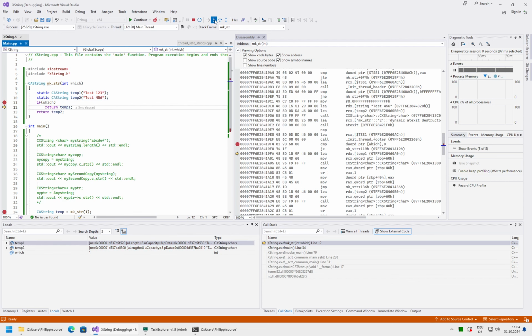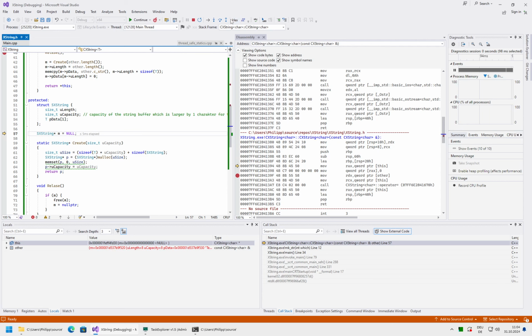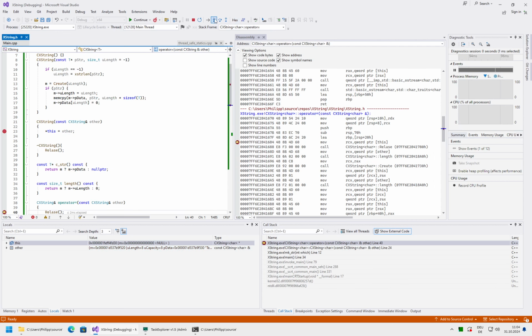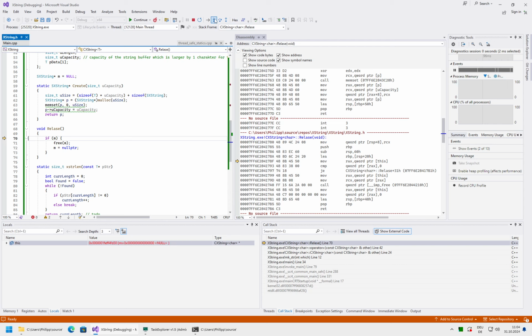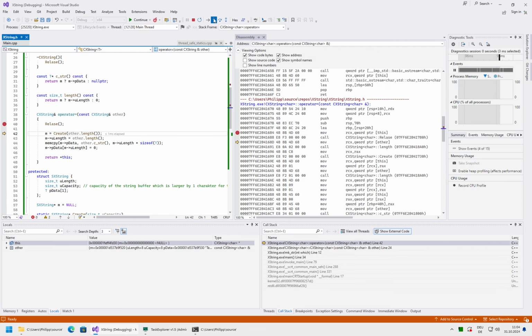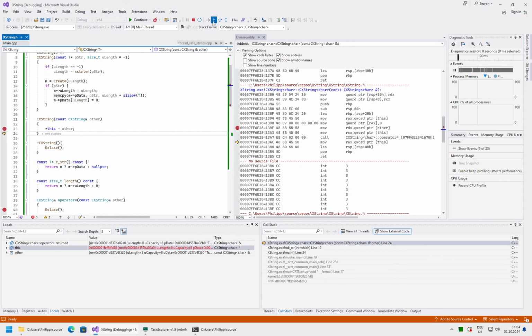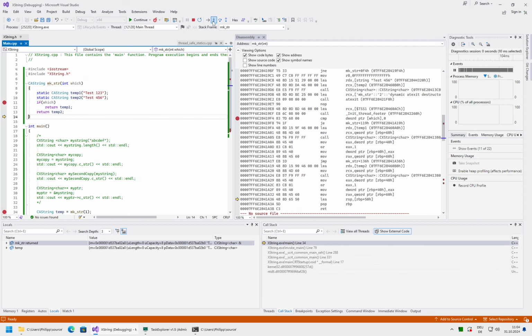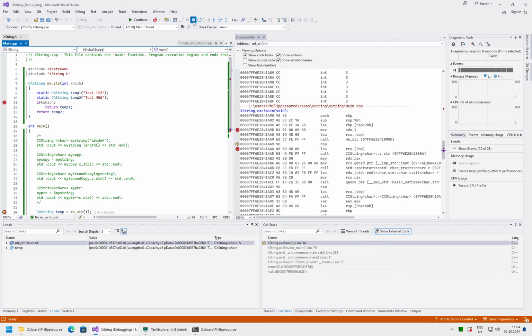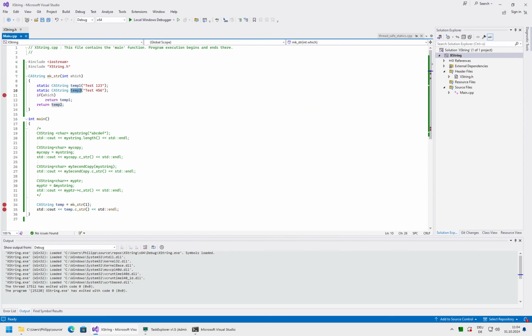Okay. So we do the assignment. So this approach already saves us since we don't create and destroy the strings, but of course this is not usually a good solution, since we might want to create those strings dynamically, and then of course they cannot be static. So what we can do instead